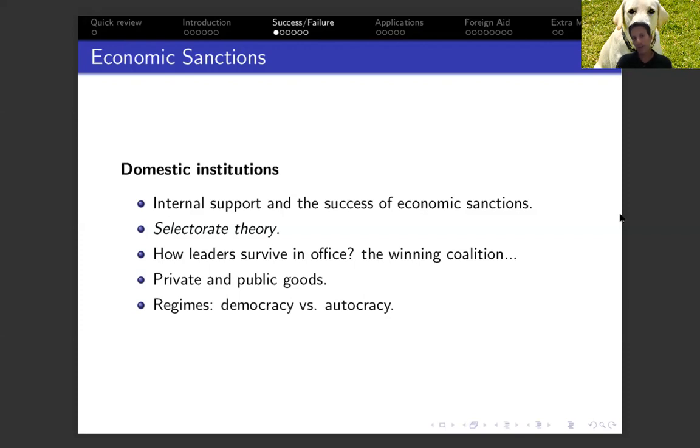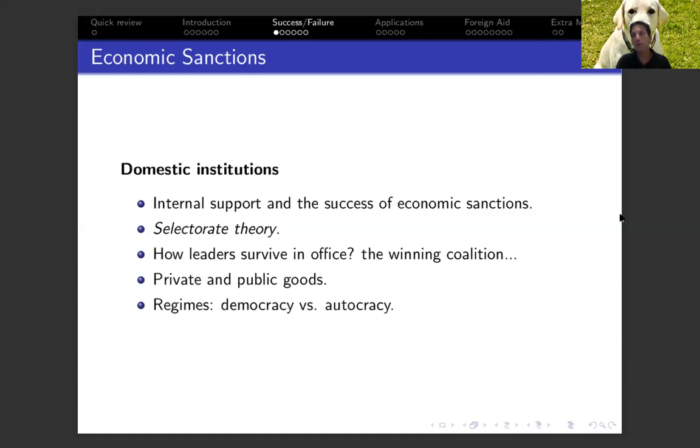So essentially what selectorate theory is arguing is that, again, let's keep with the example that we have here for the United States, in order for Donald Trump to ensure that he's going to stay in office, he has to appease his supporters so they will vote for him and he will stay in office. Now, how do leaders reward their supporters? They can provide them what's called either private goods or public goods.